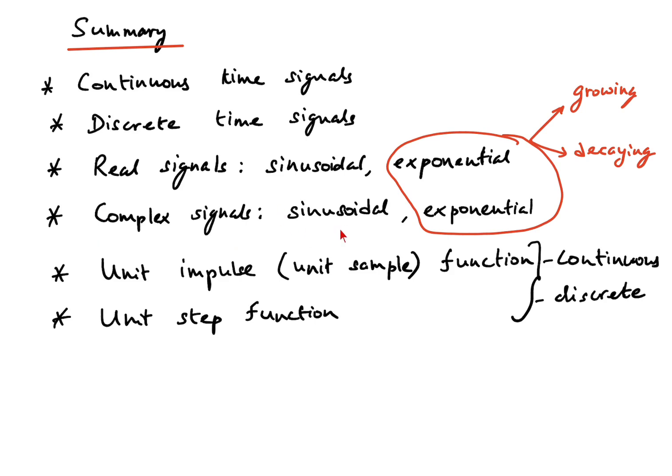Today's focus was mostly on complex signals, where we talked about the complex exponential signals. Within the complex exponential signal, we saw that the real and imaginary parts are sinusoidal signals, and the sinusoidal signals could have a growing or decaying exponential term multiplied to them. Then in the last part, we talked about the unit impulse function for the continuous as well as the discrete case, and then we also talked about the unit step function for both the continuous as well as